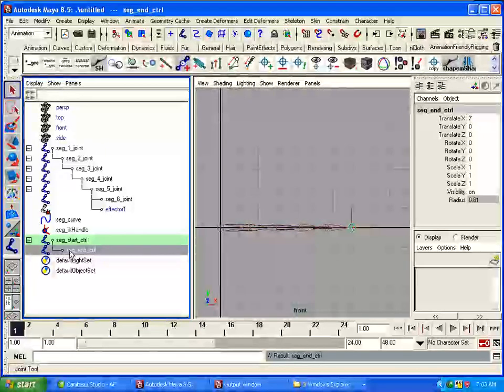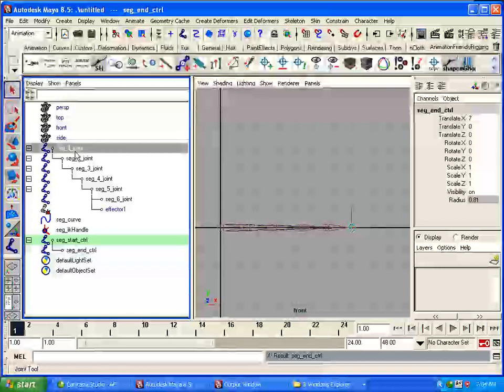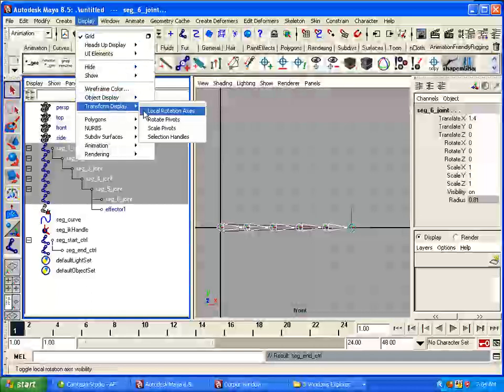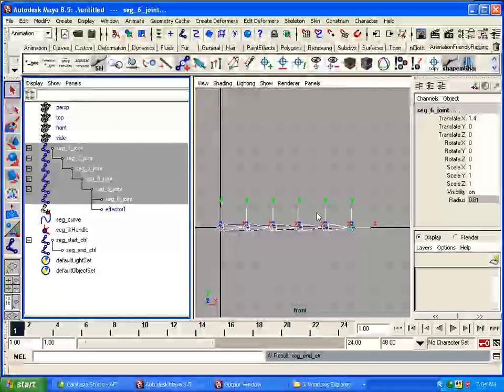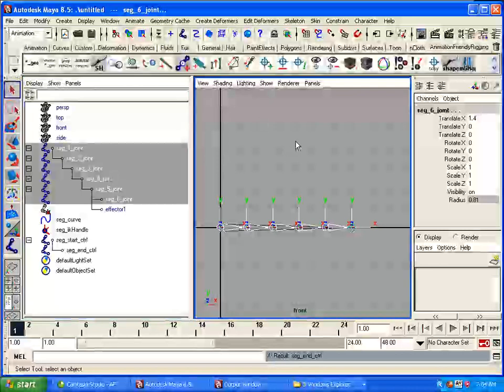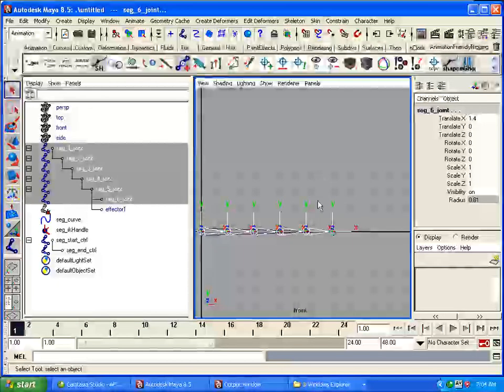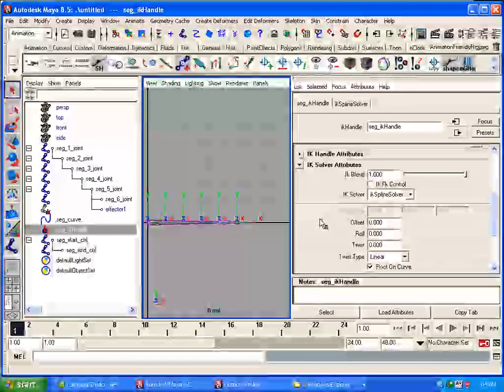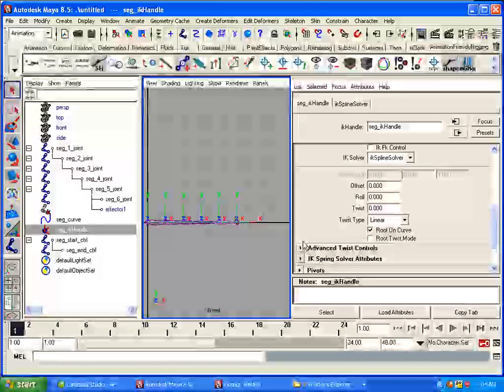Okay? And then I want to turn on the local rotation axis for each of these joints so we can see what's going to happen and how we're manipulating the twist. So I'll select all those and go Display, Transform Display, Local Rotation Axis. We can see what the twist is doing. And we're going to try another method for handling twist besides object rotation. Remember in the Spline IK system that we did for the back, we used the shoulder and the hips, and by looking at those inside the solver controls for advanced twist controls,